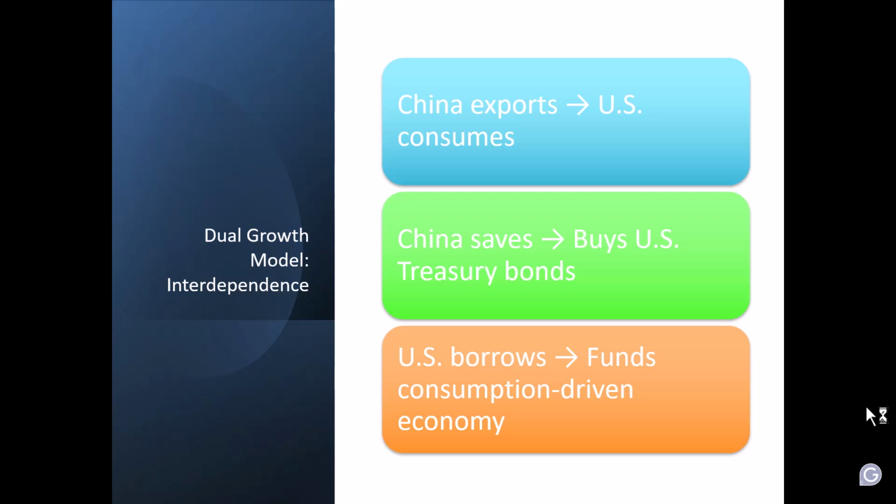Now you might be going, borrowing their savings. How does that work? China buys a lot of the US Treasury bonds, the US instruments and securities that are considered some of the safest that exist globally. So their way of exporting their savings to us is by buying US securities. And they buy a lot of them, a lot of them. We grow through C, they grow through X. We borrow the savings by them